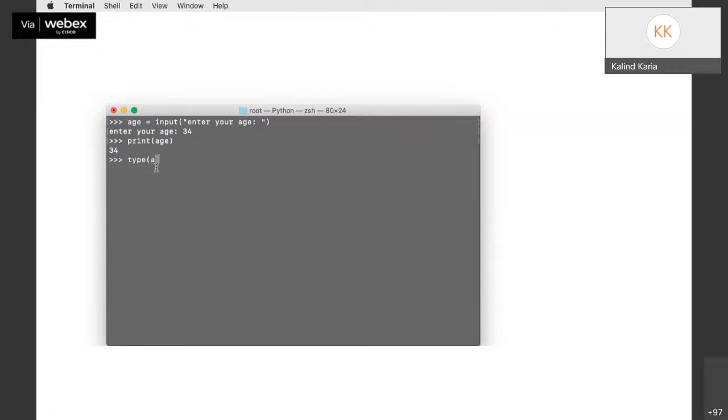But if you see the type, the input stores it as a string. So to compare it, we need to convert it into an integer. So let's do that and also look at if else. To convert it into an integer, you have to use int around the input. Enter age. So input will accept the age, and int will convert it into an integer. Okay. Next, if age is greater than 18,